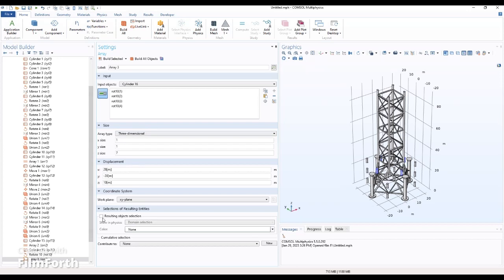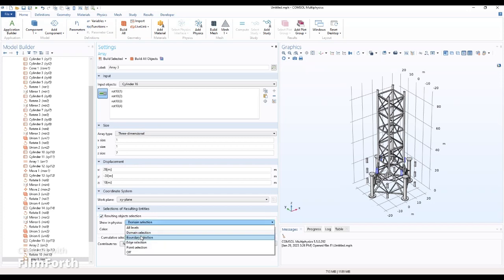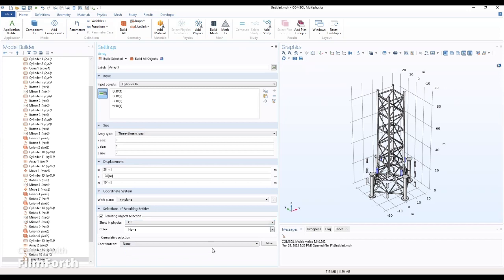We select the resulting object selections. And showing is off. You contribute this to